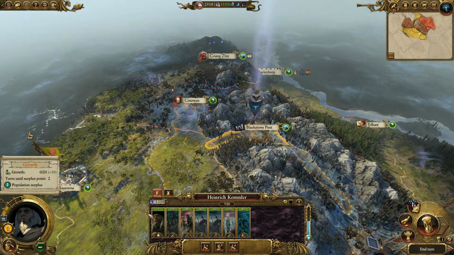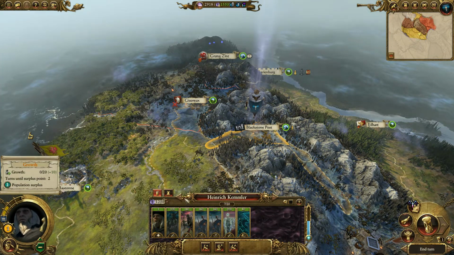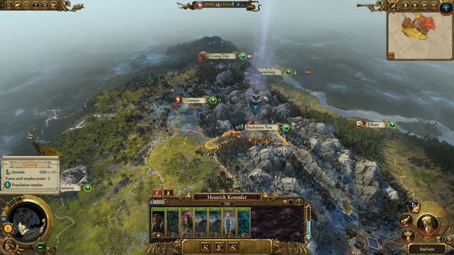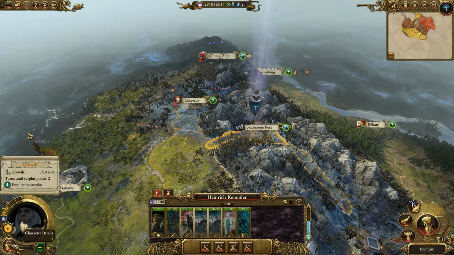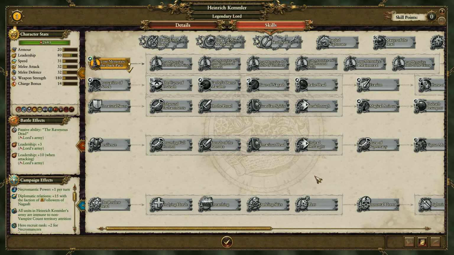So here's Kenwa, and this is your default army at the start. Nothing special about it. You get a couple of nice units. The Battle Guardians are very nice units, and you get some shield breakers. And what we can do from here is have a look at Kenwa's skill tree. So there's a skill tree,